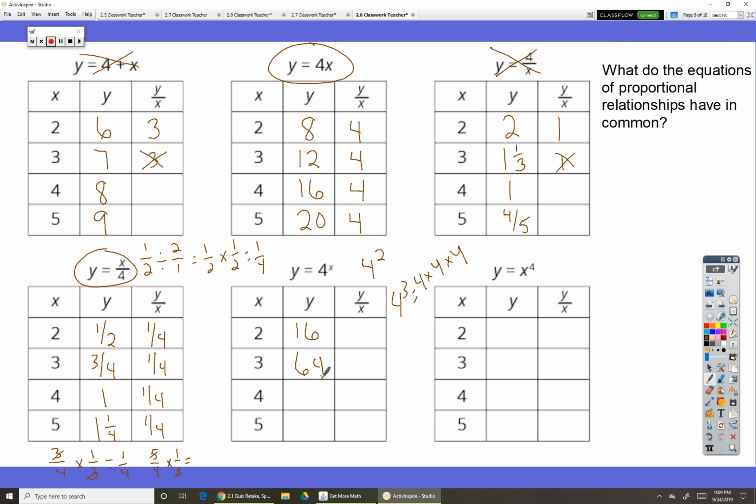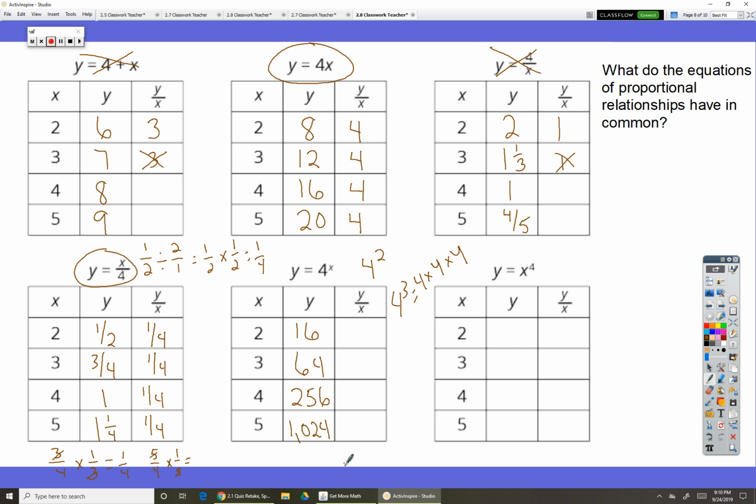4 to the fourth power means that we do 4 times 4 times 4 times 4, and when we do that, we get 256. 4 to the fifth power means we multiply 4 5 times. So we do 4 times 4 times 4 times 4 times 4, which works out to be